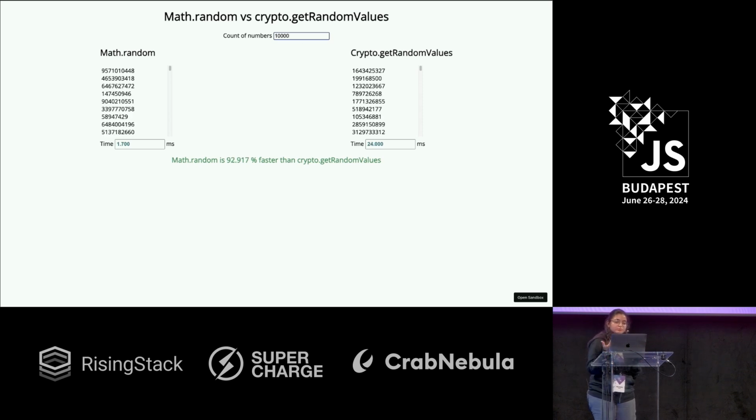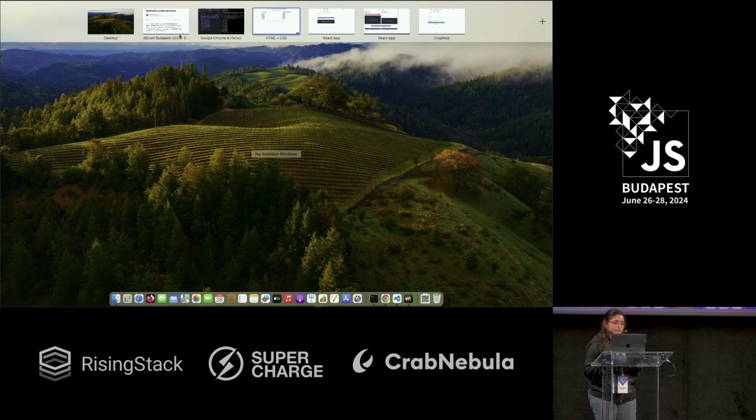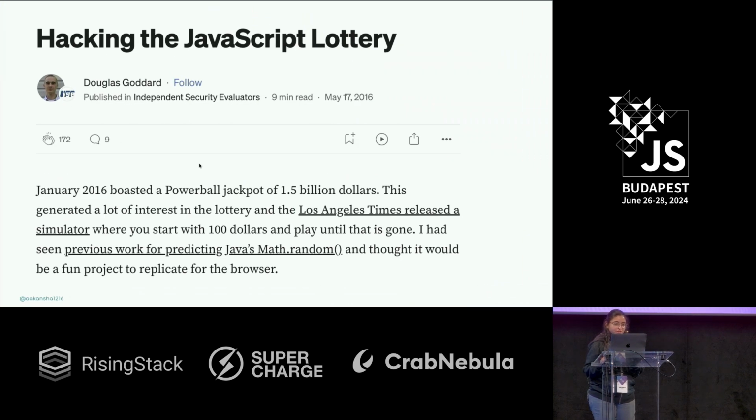If I increase it more, it's 1.7 milliseconds versus 24 milliseconds. And if I increase it further, it's a very significant difference, 11 milliseconds versus 109 milliseconds. So crypto.getRandomValues has a very high entropy, and that's why it's slower as well. So depending on whatever things you are dealing with, choose the appropriate API. But when it comes to security, always go ahead with crypto.getRandomValues.